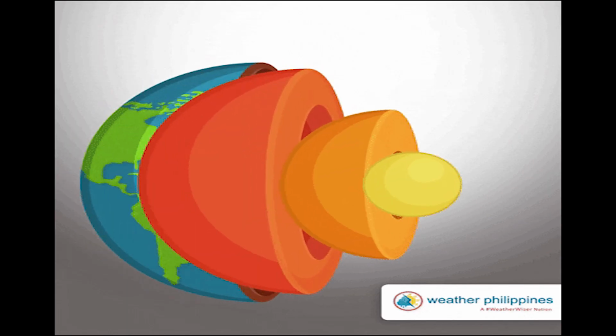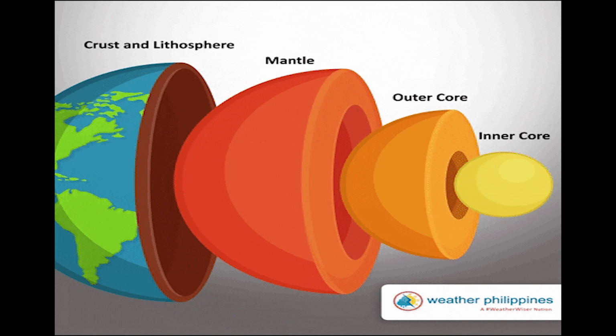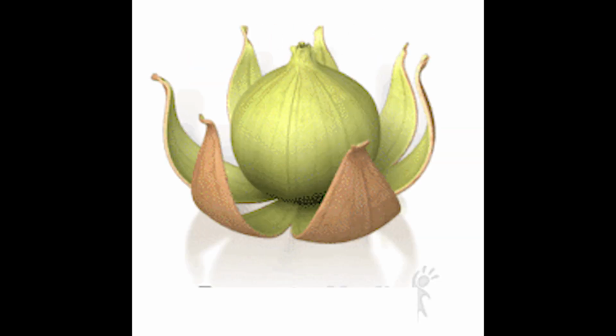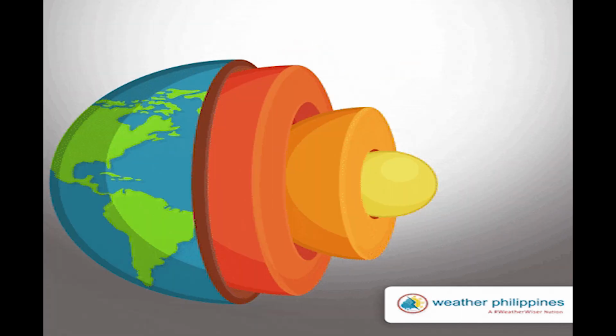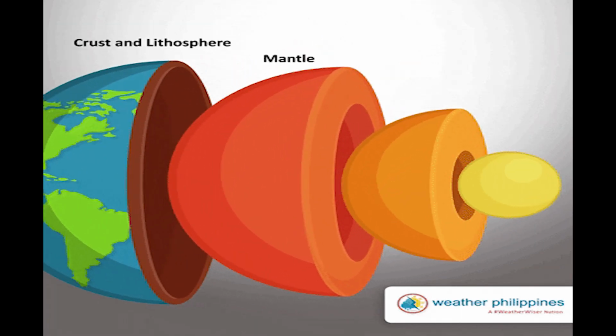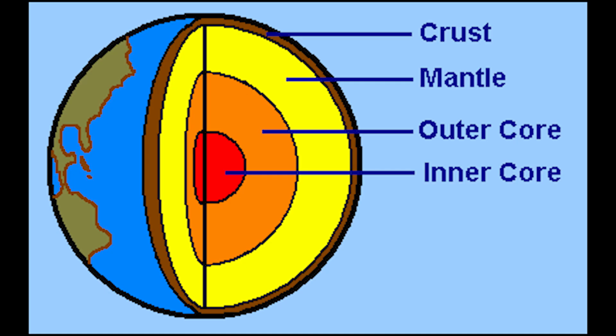Students, the earth consists of many layers like a peeled onion. If we start digging through the earth, we will find four layers before reaching the center: the crust, the mantle, the outer core, and the inner core. So let us see all these layers one by one.